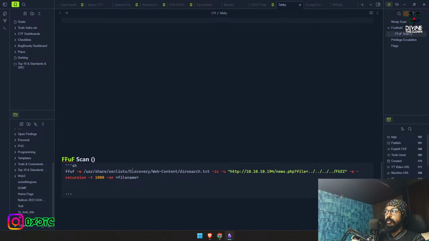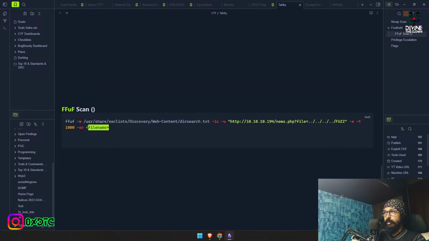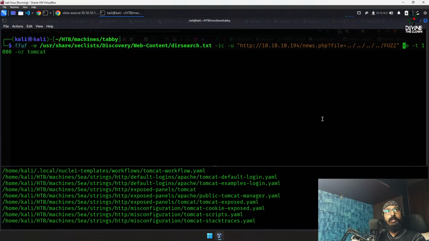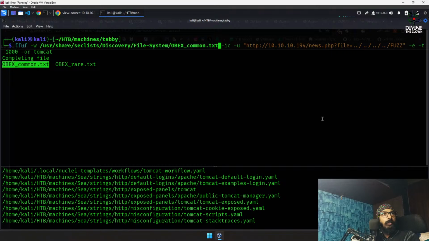Recursion we don't need. We need threads. What we also don't need, let's change the name over here, Tomcat. Let's just copy this, clear it, paste it, and we will check discover file system common and enter,